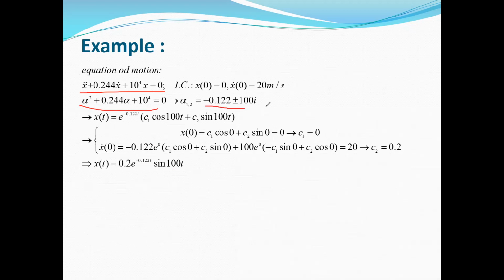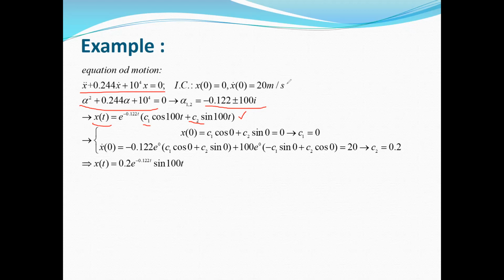The roots are complex conjugates, and we can find x of t, the homogeneous response, which is the exponential of the real part times t, multiplied by c1 cosine of the imaginary part times t, plus c2 times sine of the imaginary part times t. So this is the homogeneous response, and we have two constants